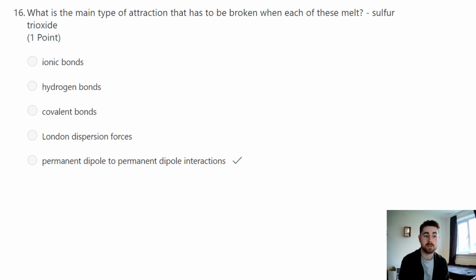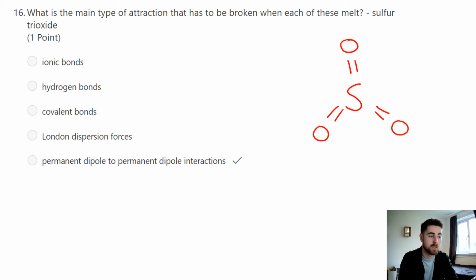So question 16 is quite a controversial one because the answer scheme is actually incorrect. What we have is sulfur trioxide. I wouldn't expect you to really know the structure of this; it's one you maybe have to look up online. Sulfur trioxide contains one sulfur atom and 3 oxygen atoms, with the oxygen atoms being double bonded and surrounding the